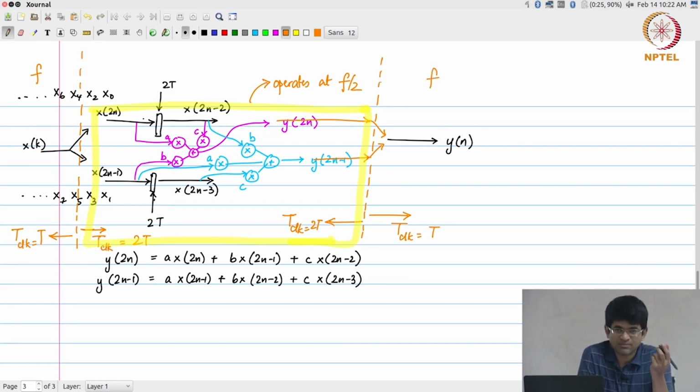Now, this is potentially a very good thing, because in general, if you need to operate something at a lower frequency, it is easier to do. Why? Because you do not need to worry too much about optimizing your hardware to a very great extent, right. You might be able to get by with smaller transistors with lower drive strengths that are still able to meet the longer clock period requirement that you have. Okay. And the other thing that you can do potentially is,